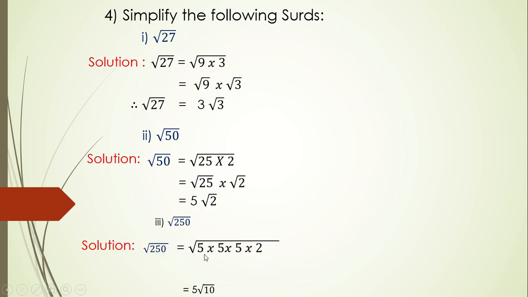Okay, so I have factorized 250 as 5 5s are 25 and 25 10s are 250. The number that comes twice in the square root sign, when it goes out, we write it only once, right? Square root of 25 is 5, so that has gone out. This 5 and 2 will remain inside, so 5 2s are 10, so that's 5 root 10. I hope students you all are following. This is not difficult at all.